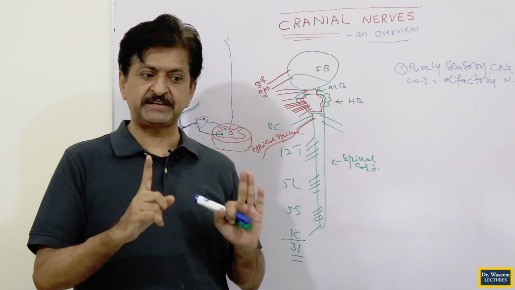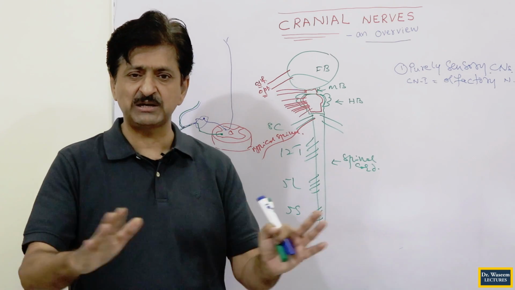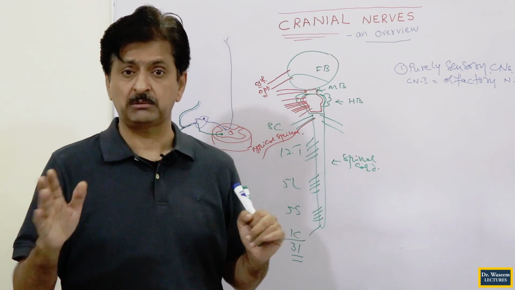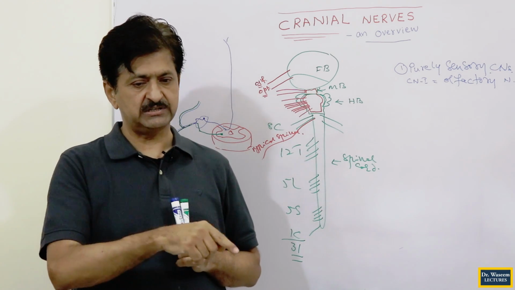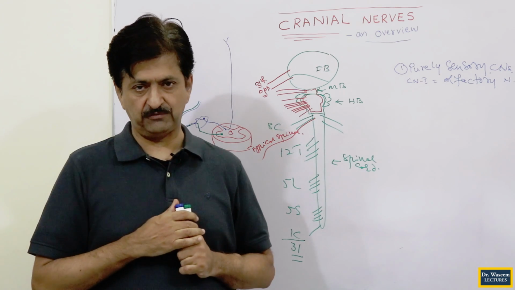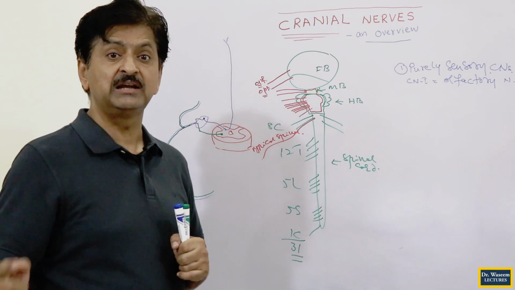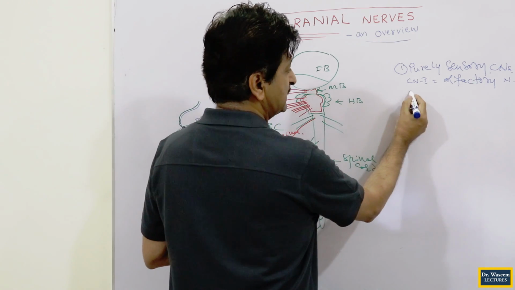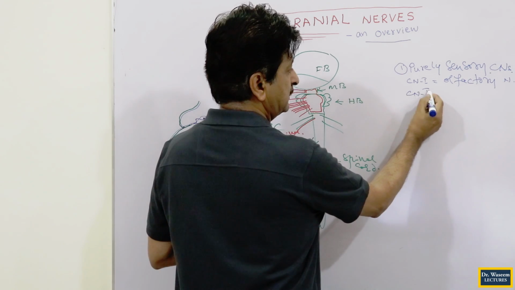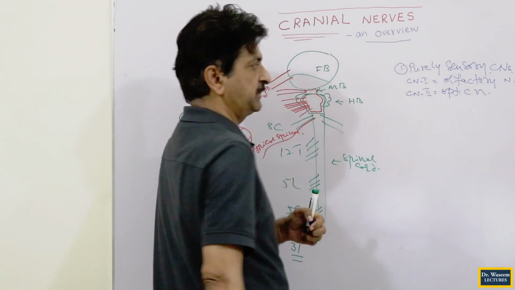The optic nerve carries only one type of sensory modality, that is vision. It means no other sensory modality at all, let alone motor. Motor never, even other sensory is not there. Just one sensory, that is vision, and vision means the optic nerve, and the optic nerve means the second cranial nerve. The second cranial nerve must be purely sensory, you can call it very purely sensory. This will be the second nerve, another sensory nerve that is purely sensory. This is called the optic nerve.